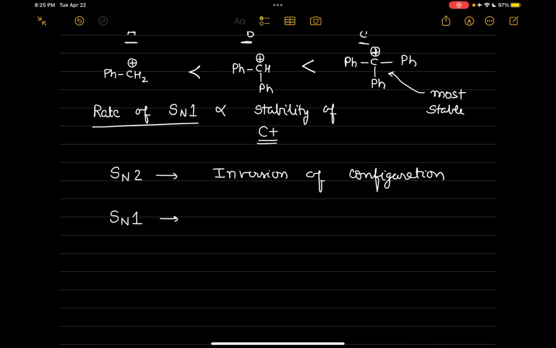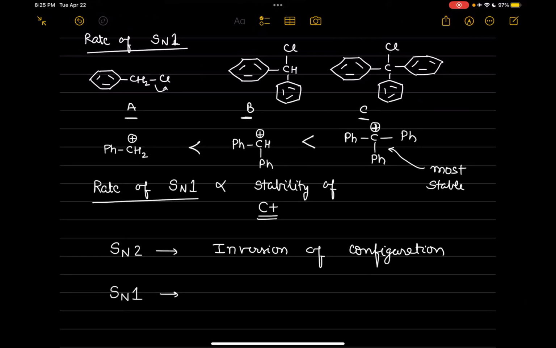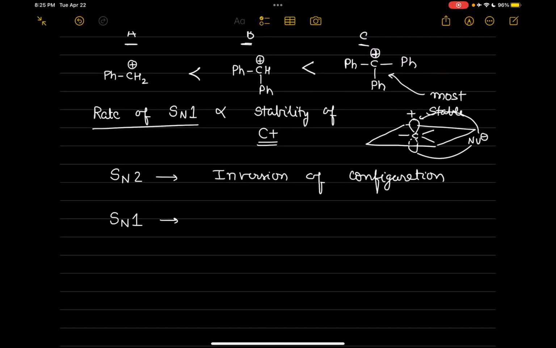SN1 proceeds via a carbocation. And if you look at the shape of the carbocation, it is flat. When you have the plus charge, this is the p orbital, which is empty. That's why you have a cation. And this is basically the carbocation. It is like this. All the three bonds become like this. So the nucleophile now can come in from both the sides. Okay. So you get